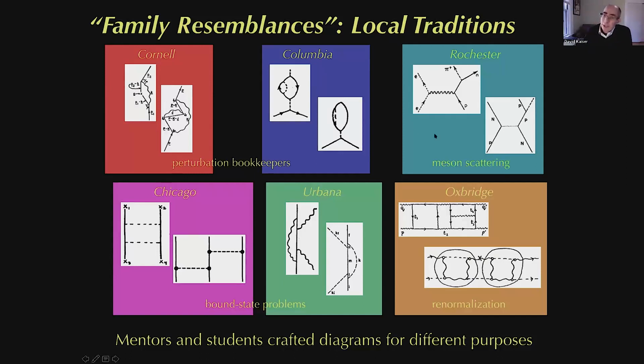So for example, at Rochester in upstate New York, not too far from Ithaca, but far enough, they had just received, much like MIT had done, funding to build their own small particle accelerator, much like MIT's synchrotron. So they were the theorists there. Their main task was to help make sense of all the new kinds of particles that kept shooting out every time they turned that machine on.